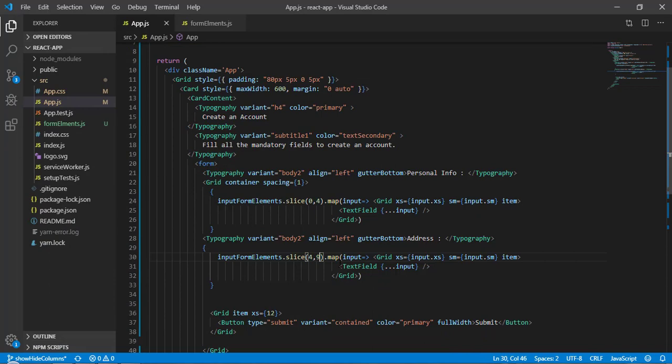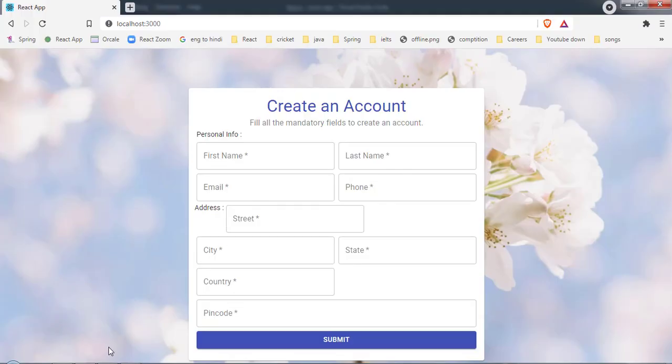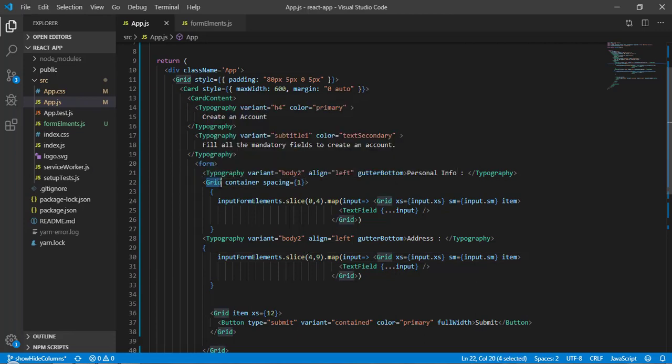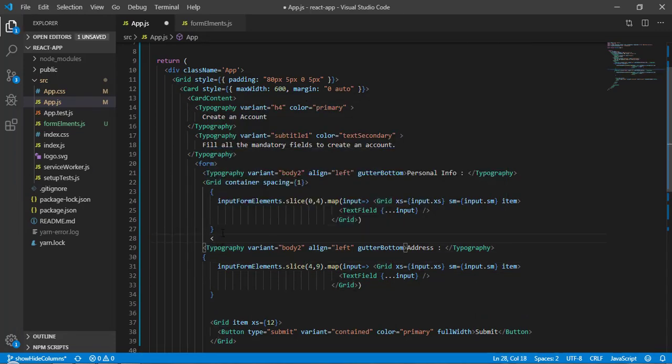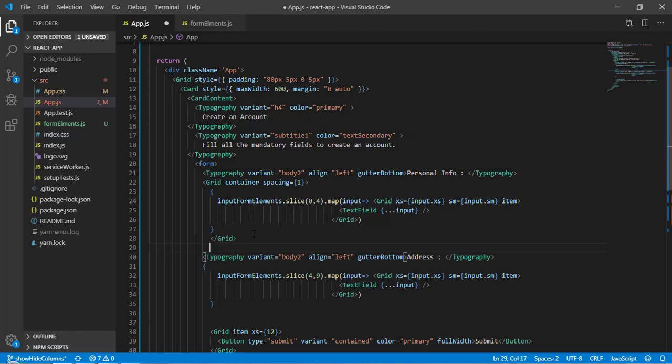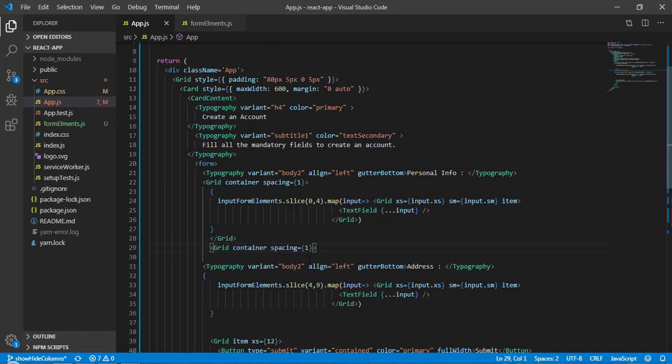Okay guys, now what we have to do is, here we are getting some alignment issue. So for that, let's close this grid here itself. So grid. Okay, and now we have to create another grid and print outside of this grid.